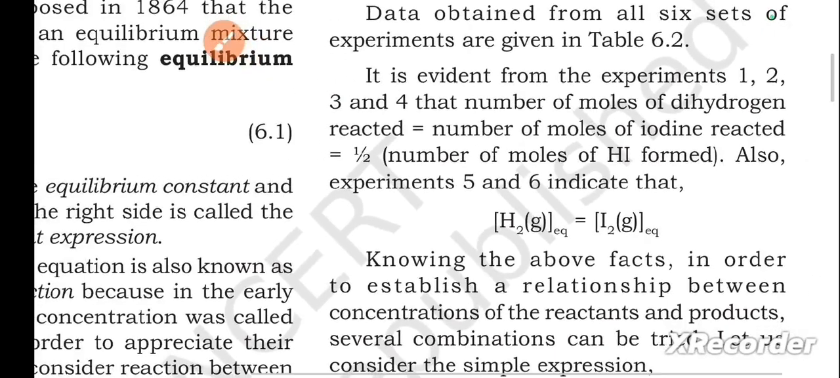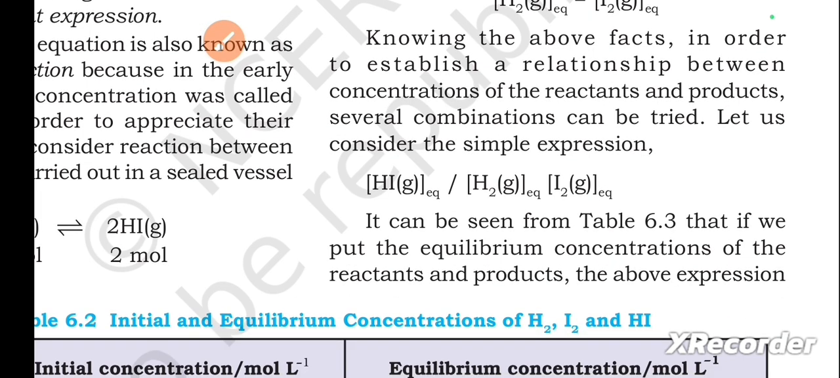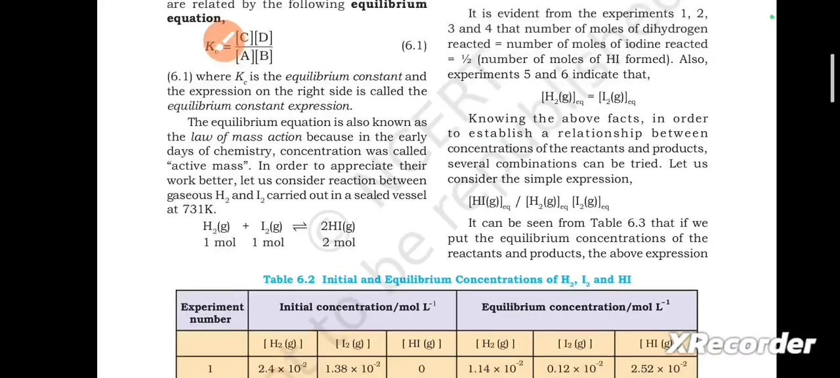Knowing the above facts, in order to establish a relationship between concentrations of the reactants and products, several combinations can be tried. Let us consider the simple reaction. So this is a reaction, you can check it. It can be seen from table 6.3 that if we put the equilibrium concentrations of the reactants and products, the above expression